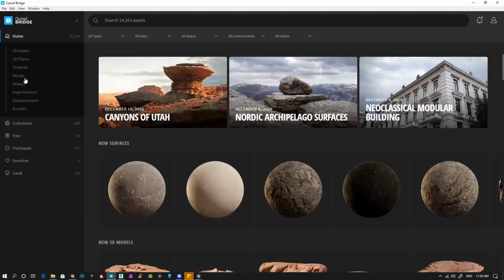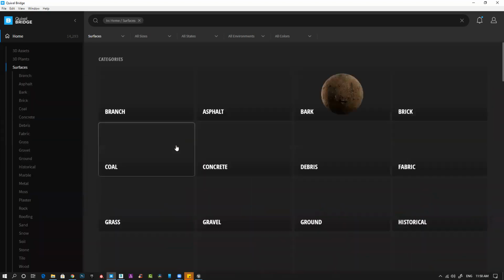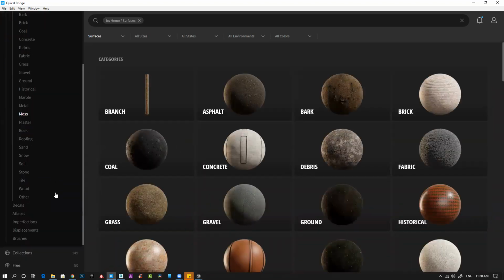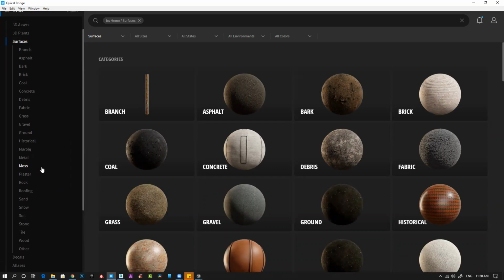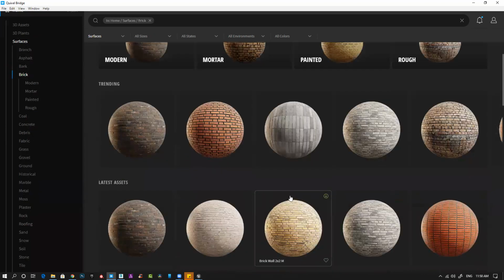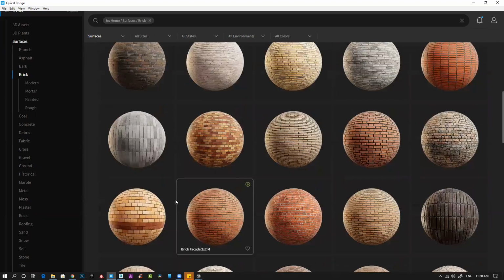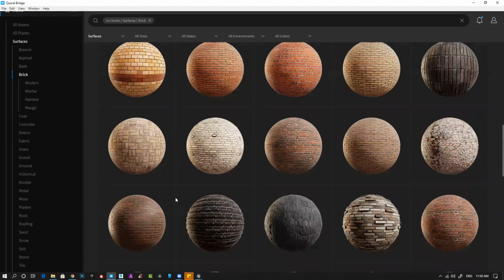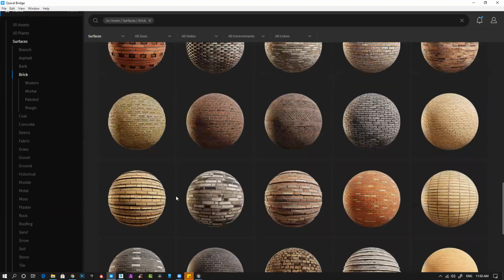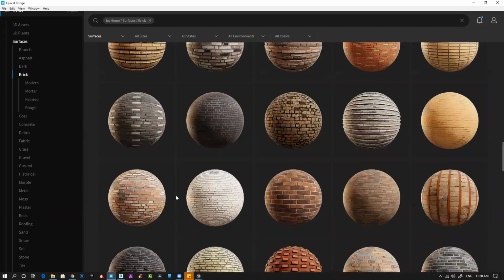Okay, so let's go to surface. Under surface, you can find marble, brick, whatever I want. All these materials are already pre-existing. So let's pick something. First, my background wall.